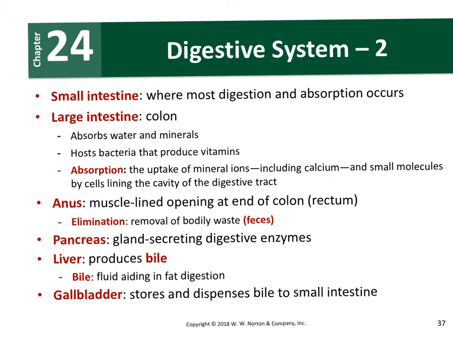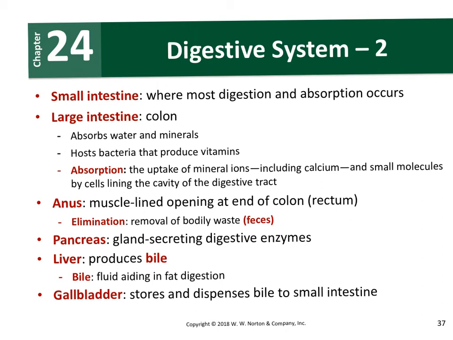Absorption, the uptake of mineral ions, including calcium and small molecules, by cells lining the cavity of the digestive tract. The anus is the muscle-lined opening at the end of the colon and rectum, for elimination of bodily waste, feces. And then there's a bunch of things tied into the digestive system, like the pancreas, the liver, and the gallbladder,